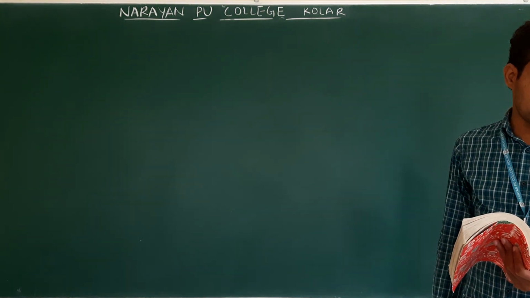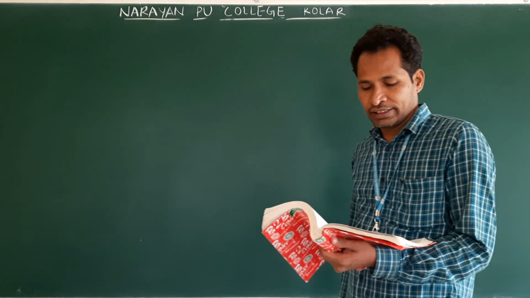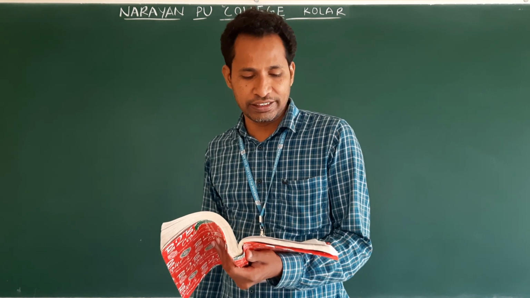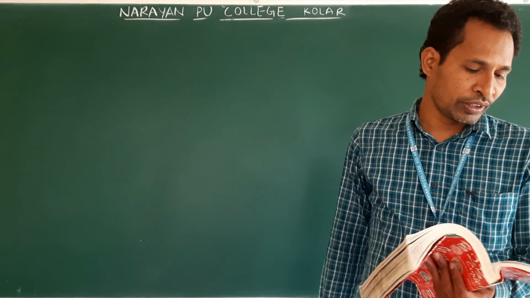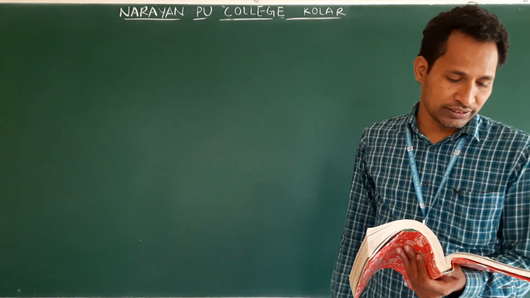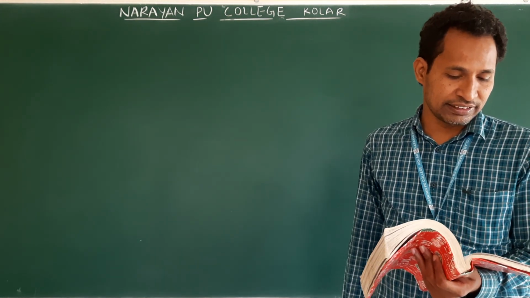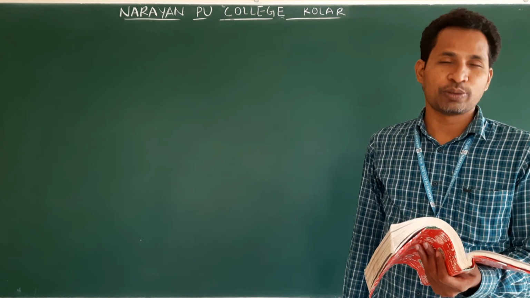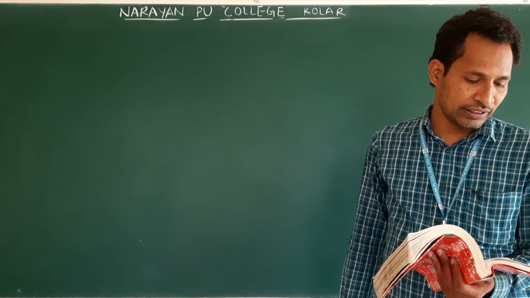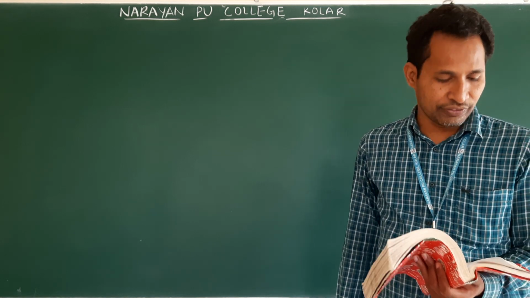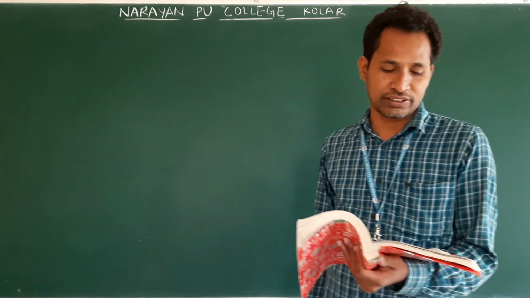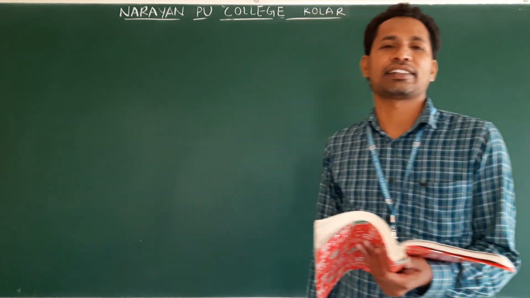Pick out the two scalar quantities in the following list. They have given six or seven physical quantities. They are asking to select only the scalar quantities. Two. Angular momentum is a vector quantity. Work is a scalar quantity. Current is a scalar quantity. Linear momentum is a vector quantity. Electric field is a vector quantity. Average velocity, vector quantity. Magnetic moment, vector quantity. Relative velocity, vector quantity. So work and current are scalars.